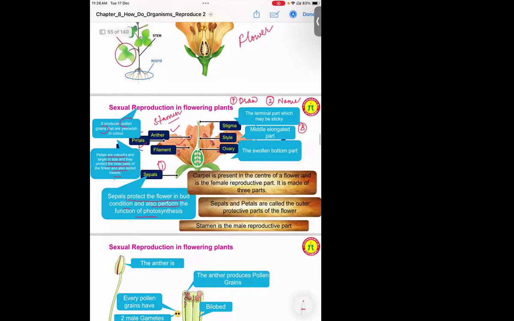Then the female part is the pistil, also called the carpel, which has three major parts: stigma, style, and ovary. Stigma is a terminal part, which is basically sticky. The style is a middle elongated part. And this style will help in connecting the stigma with the ovary. And ovary is nothing but the swollen bottom part. So directly they can give you these three lines and they